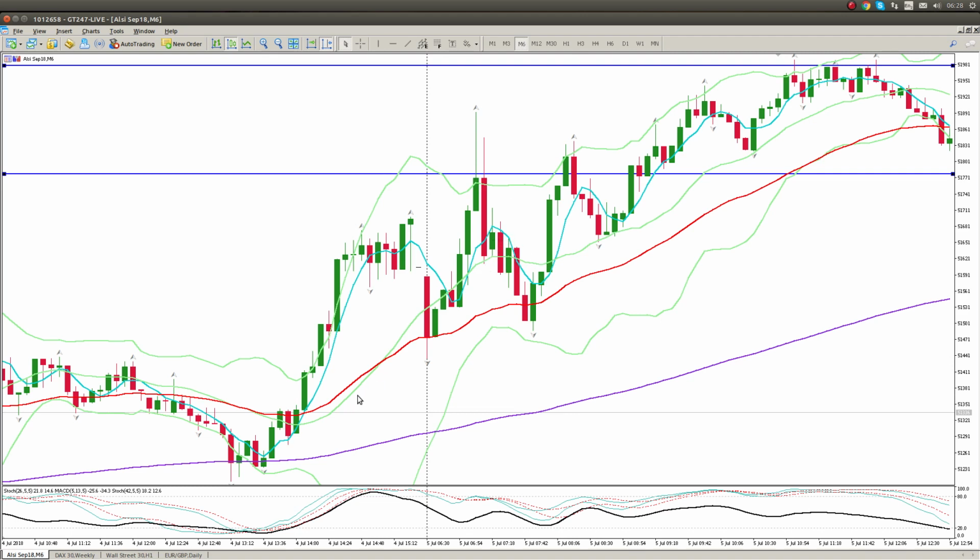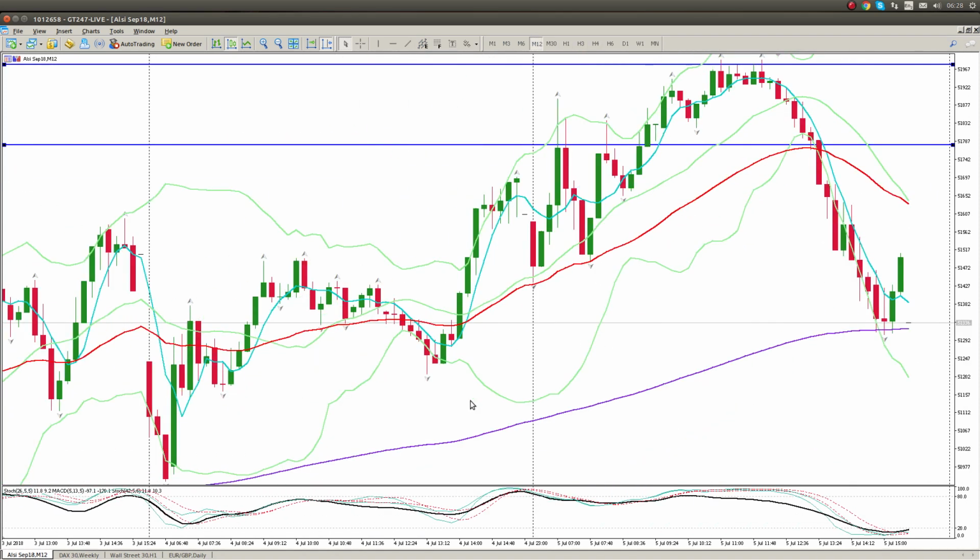Okay, now I'm on the 6-minute chart, and you can see how this 40 moving average, the red line, holds up price, and it works out even better when you look at it on the 12-minute. And you see how we bounced off there and moved to the upside. Okay, so